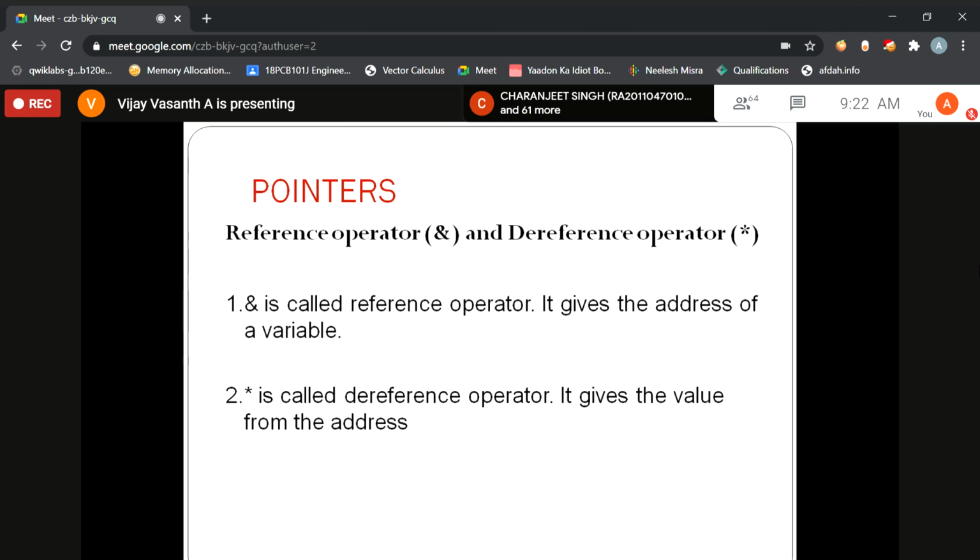A unary operator is dereference. Already it is being referenced, and only one thing is left: you have to extract the value. That is what we call a dereference operator. So dereference means take the value from a variable.